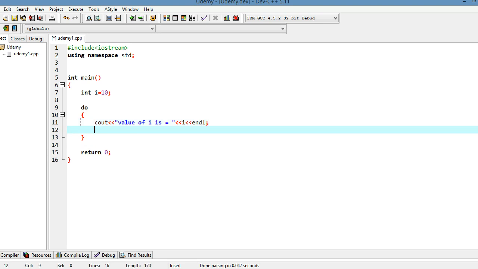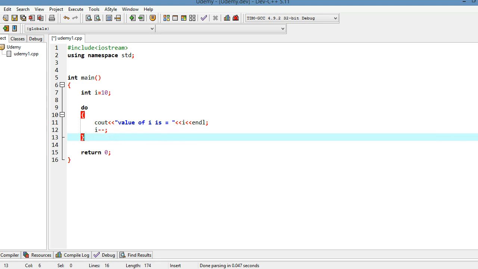So now I'm going to decrement the value of I, that is I minus minus. Then I'm going to put the while condition. Only if this condition holds good, then go for the next iteration. Otherwise exit the loop. I greater than 0. This is my condition, and there should be a semicolon after this while. This is the syntax for the do-while loop. You should be having one semicolon here.